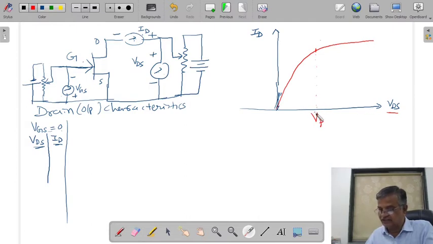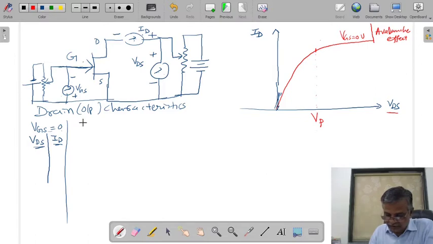Again I increase the VDS. After this, there is only a little increase in current, and beyond a certain limit, avalanche effect is observed. You must have studied avalanche and Zener effect. Beyond this, if you increase further, there is a breakdown, or you can say the FET will be destroyed. There is a possibility. This is taken for VGS equal to 0 volts.